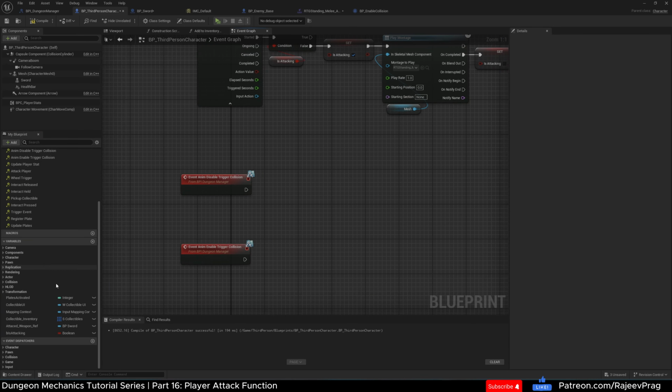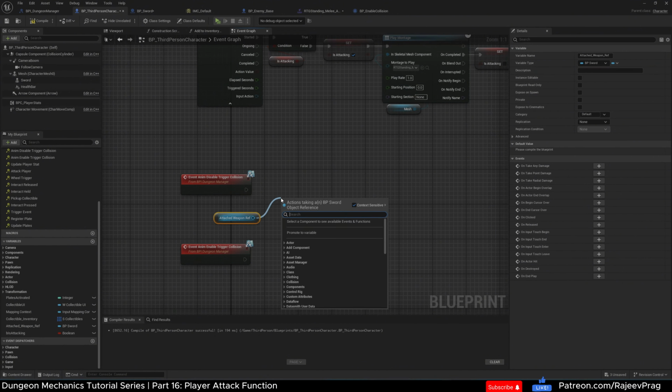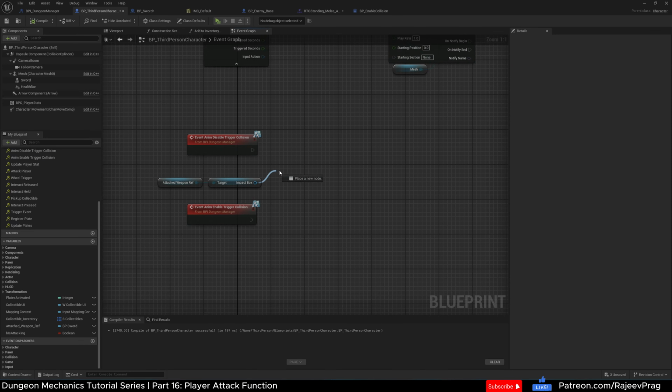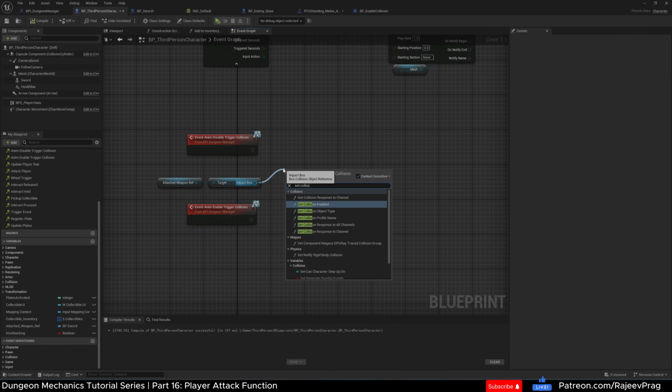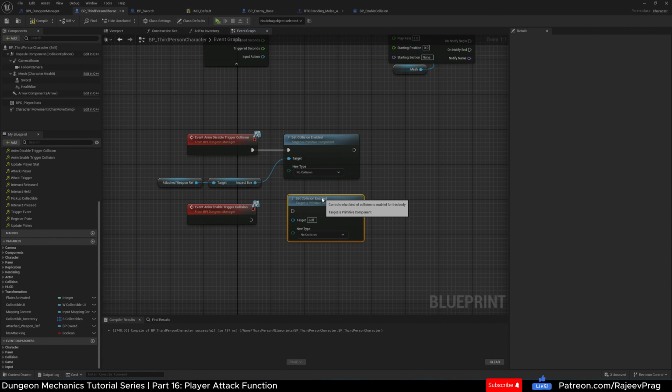Now for these events, we're going to go ahead and drag our reference to our attached weapon reference, and then say get impact box. Should be the last one right here. We're going to drag off of this impact box and say set collision enabled. And here where we have disabled trigger, we're going to plug it in where it says no collision. We're going to copy and paste this one more time, and then make sure the impact box is the target, and then connect this to enable trigger,